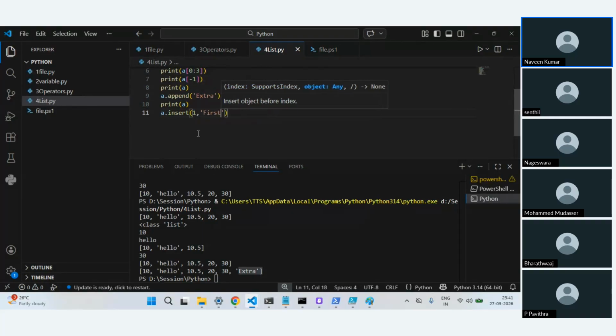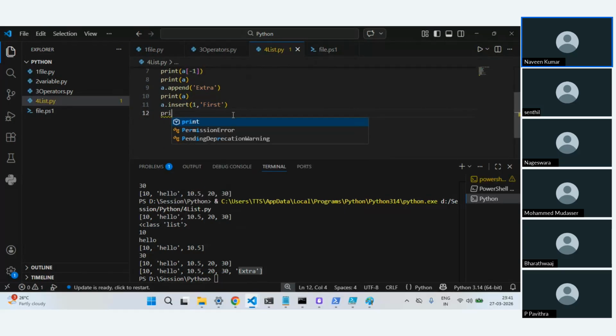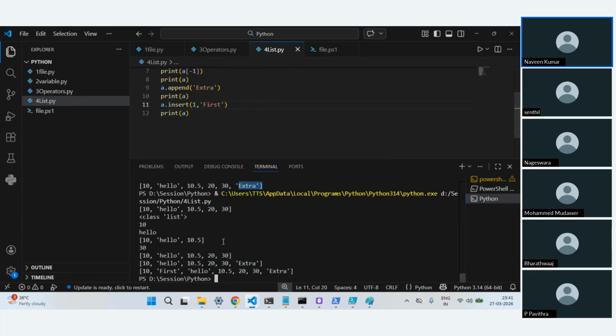I'll just say first. Now what will happen is this is going to insert this first string, the value which is going to be inserted in index position 1. So what I can do, print A. Now if you see 10, first, this has got inserted here. So in case you want to control where your data has to be inserted in a list, this is something you can do. Use this insert function in your variable.